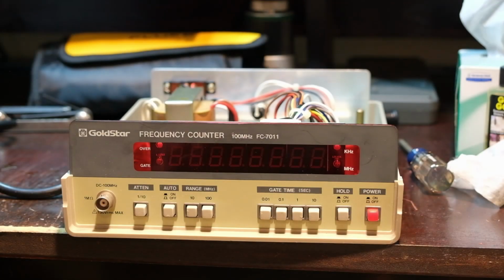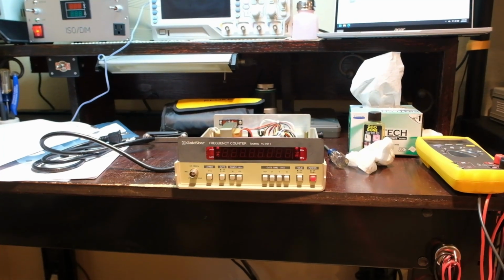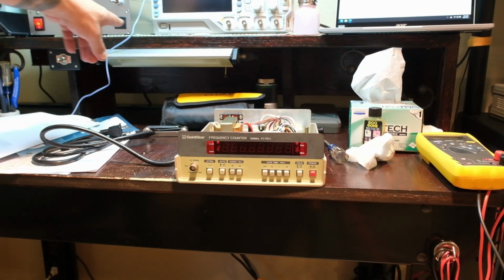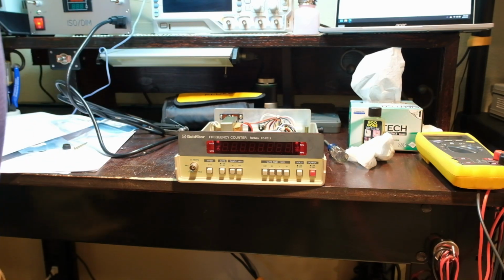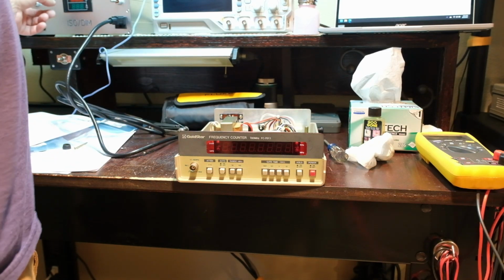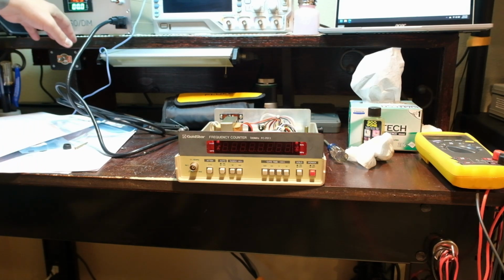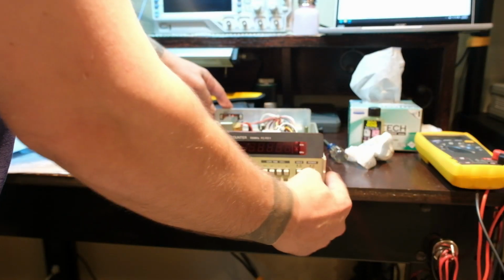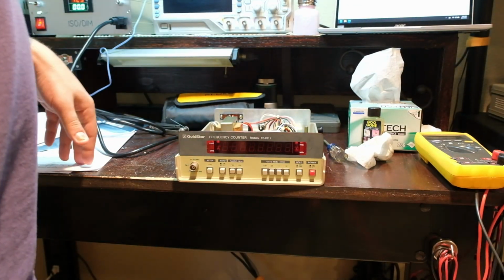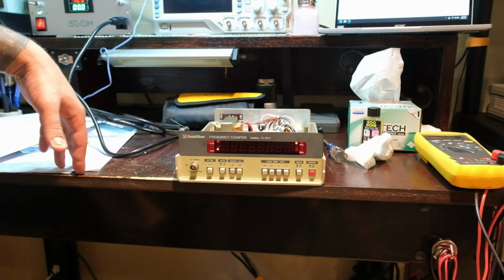Let's turn this on. Let me see if I can zoom out a bit here. So you can see my ISO dim up here. So I'm going to plug this in. I'll do it on limit for now. And power out. Let's check the power button here. That's on, that's off. And we'll turn it on and see